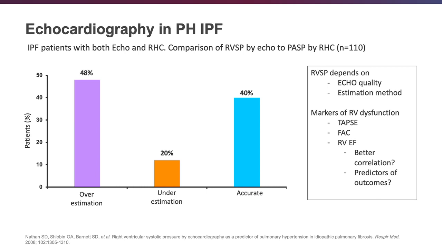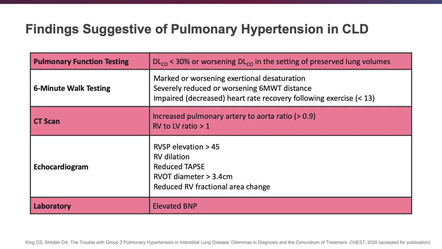So just because RVSP is elevated does not mean necessarily that a patient has pulmonary hypertension related to parenchymal lung disease. But what it does mean is that more follow-up needs to be done. So just to summarize some of the data that I have presented and some of the data that has been looked at in other studies that suggests that a patient with underlying chronic lung disease may have pulmonary hypertension,